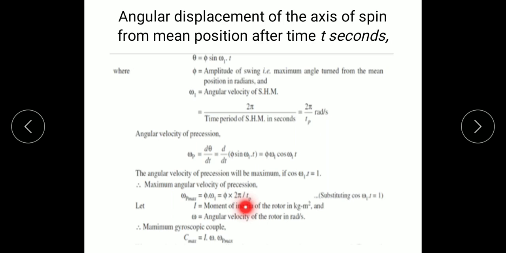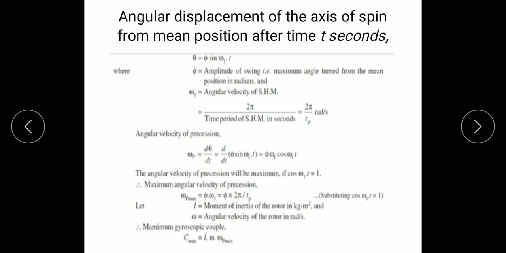So substitute here omega 1 equal to 2 pi by tp. Here I equal to moment of inertia and omega p equal to angular velocity. So finally, maximum gyroscopic couple C equal to I into omega p. In general, gyroscopic couple C equal to I into omega p, where I means moment of inertia, omega means angular velocity 2 pi N by 60, and omega p equal to